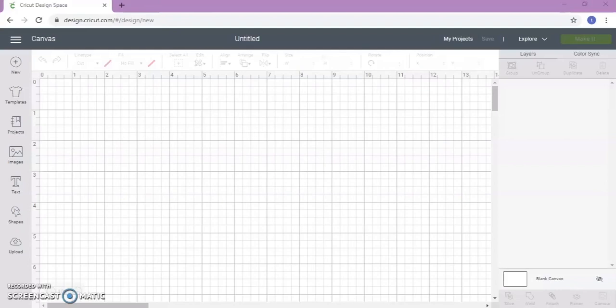Today we're going to be working in Design Space and we're going to go over how to do print to cut. I'm going to show you guys how to bring in an image and use it for print to cut, and also how to add words to a shape and print and cut it. So let's begin. The first thing you want to do is open up Design Space and open up a new